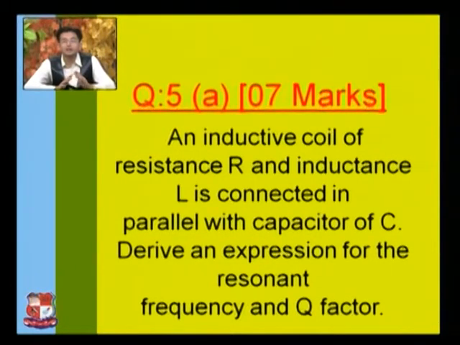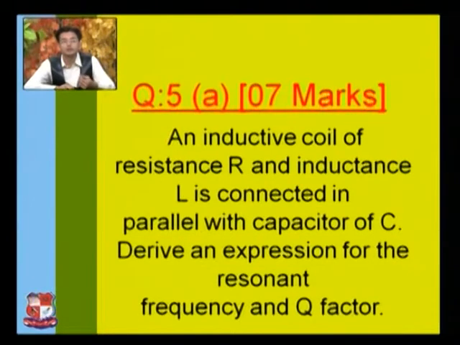But if they are the same, the value of both are same, then a condition is created. That condition is called the resonant condition. So at the time of resonant frequency, what is the frequency value? In the normal condition, the frequency value is 1 upon T, or omega is equal to 2 pi f. So f is equal to omega divided by 2 pi, right? But in the resonant condition, what is to happen?